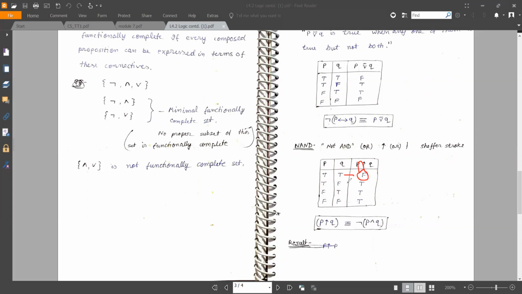And in every other case, if there is a single false assignment, the AND or the conjunction would return a false, but the negation of conjunction would be true. So the rest of the values are true. Simply put, if any of the outcome is false, the outcome of the NAND operator is true. You can pause the video and verify it again. So this is the equivalent of the NAND operator.